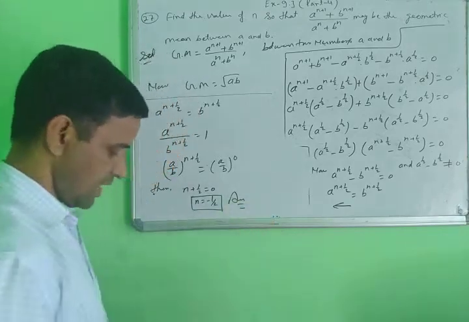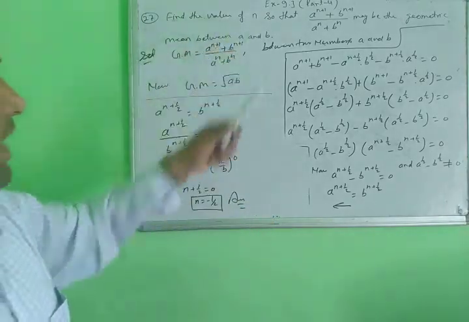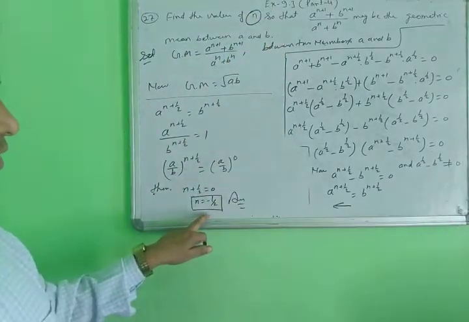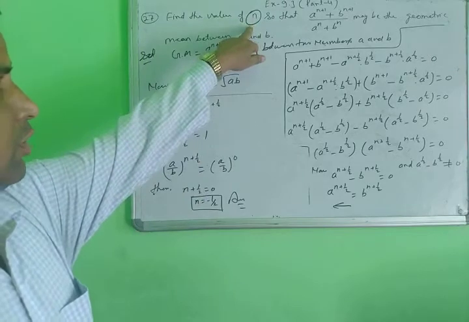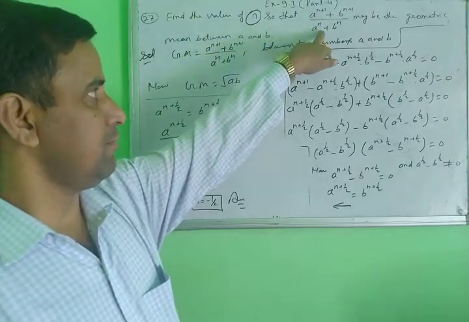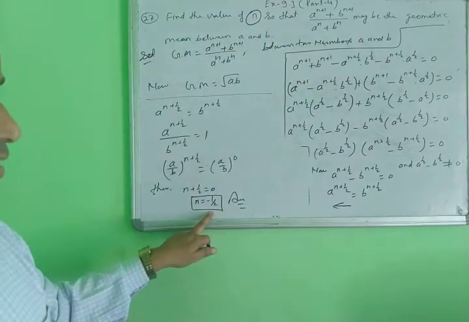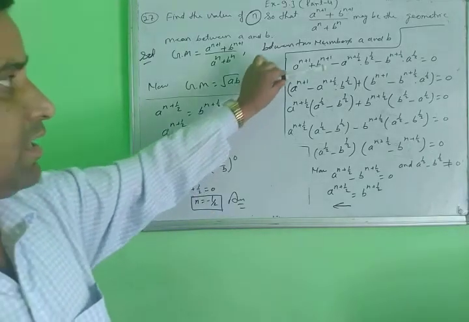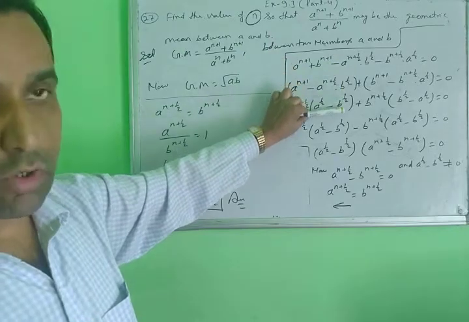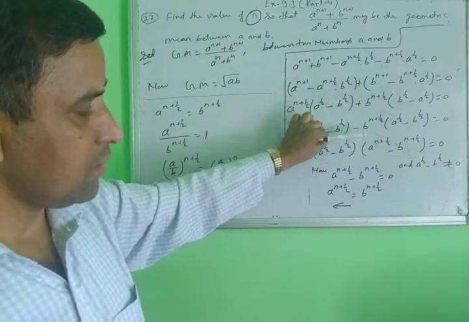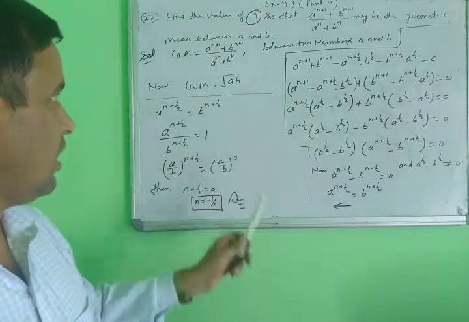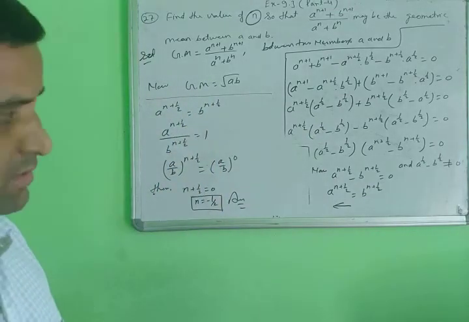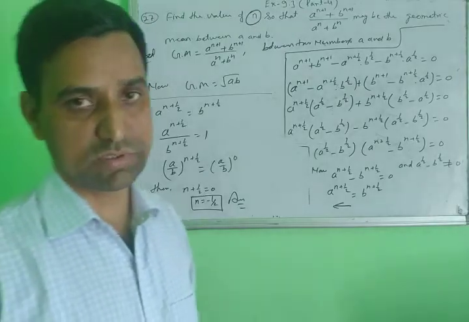The value of n here is minus 1 by 2. What is the value of n here? The value of n in this GM is minus 1 by 2. When you solve this type of question, be very careful in the multiplications, when taking the common factor, when separating, everything very carefully. Find what the GM is, then put it in, and then you get the answer. Yes, note down the next questions.